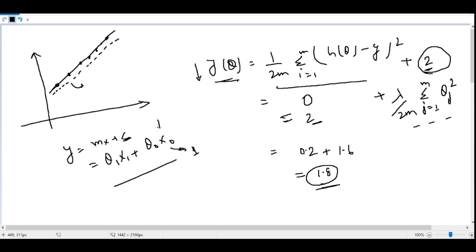So we are not going to penalize this x naught, or theta naught. We just start penalizing from feature 1. So that's the thing. Now coming to the implementation of the